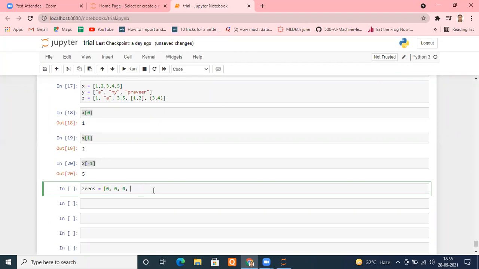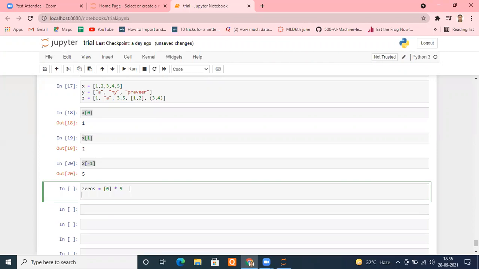How can you do that? Not only 0, you can put anything inside. Just put a sign of multiplication and place the number of times you want that element inside the list. For example, I'm putting 5.